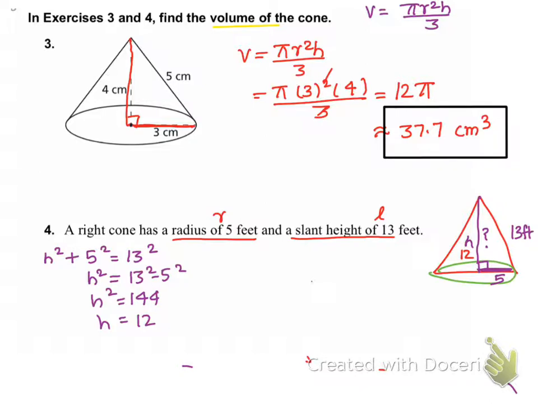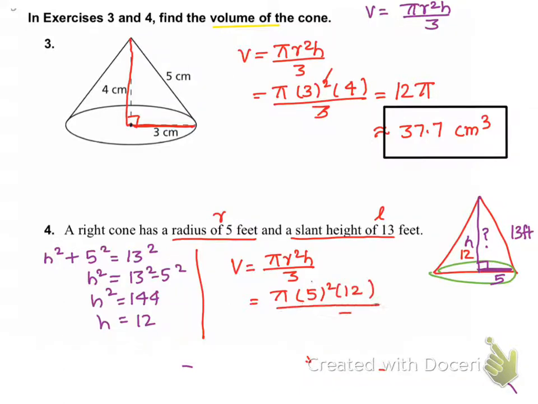Now I have everything needed to find the volume. So V is equal to what? Pi r squared h over 3, and that's going to be pi, r is 5 squared, height is 12 over 3. After that, it's up to you how you want to solve it. I cross cancel. This part is 25 times 4,